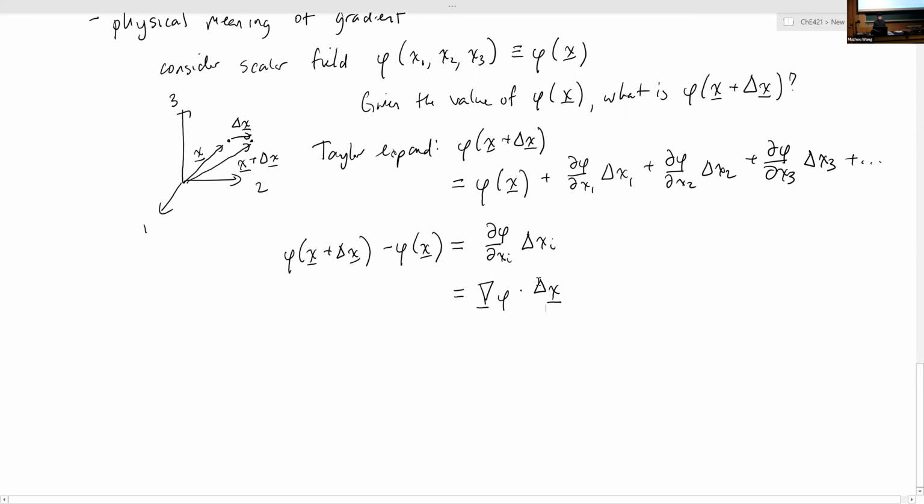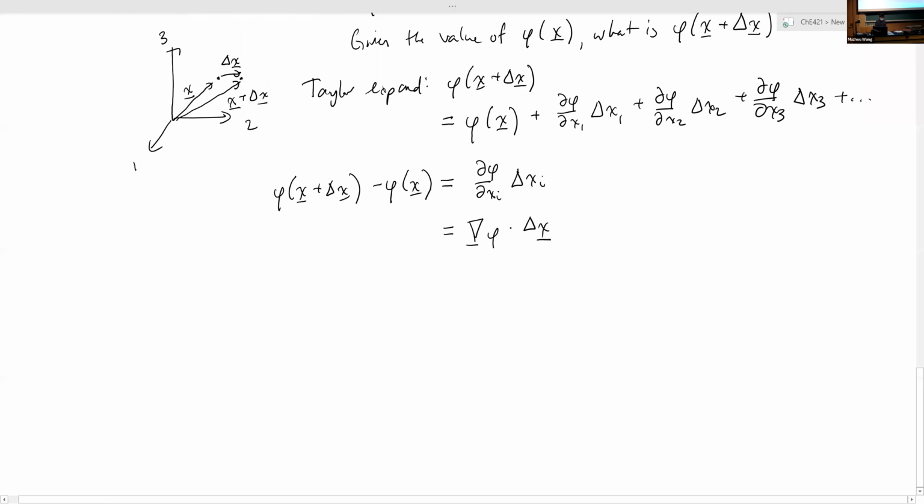Okay? And so what this means then is that if my gradient, which is a vector, is just pointing in any odd direction for my field, and I'm moving in my field in whatever direction, if I happen to move in the same direction as the gradient, then this quantity right here, which is equal to the dot product of those two vectors, is going to be maximized. Okay, if I'm moving in the opposite direction, then the dot product is going to be minimized. And if I'm moving perpendicular to that, then the dot product is going to be 0. Right? So what that means then is that